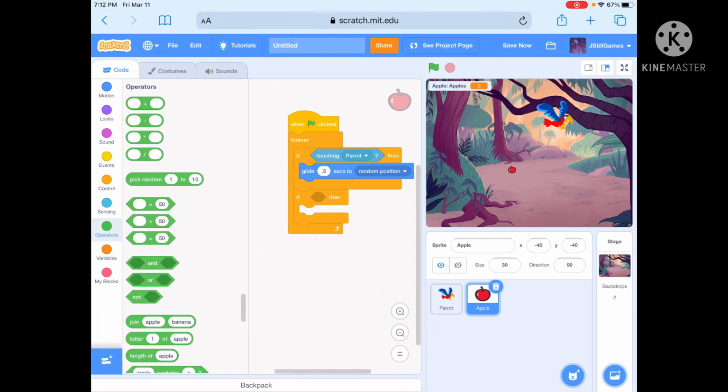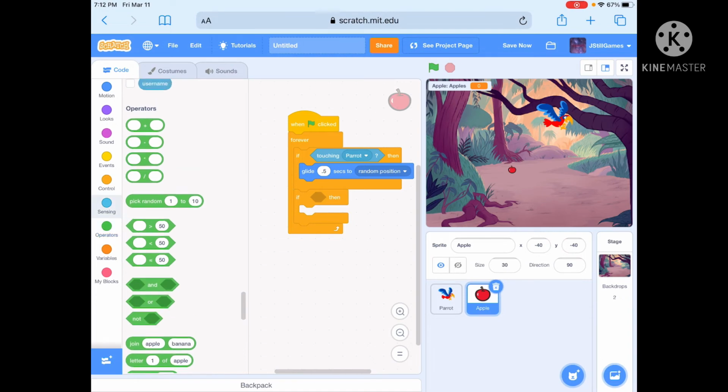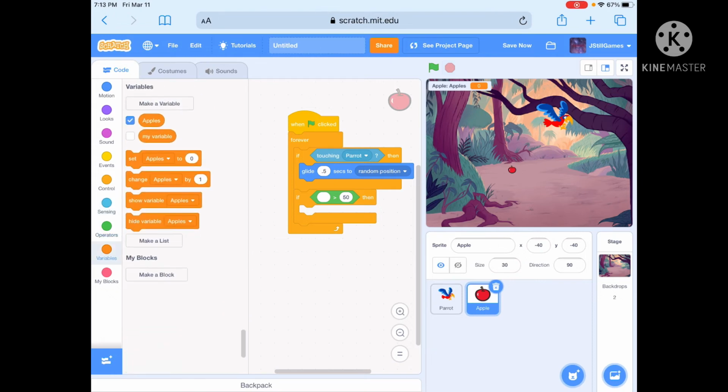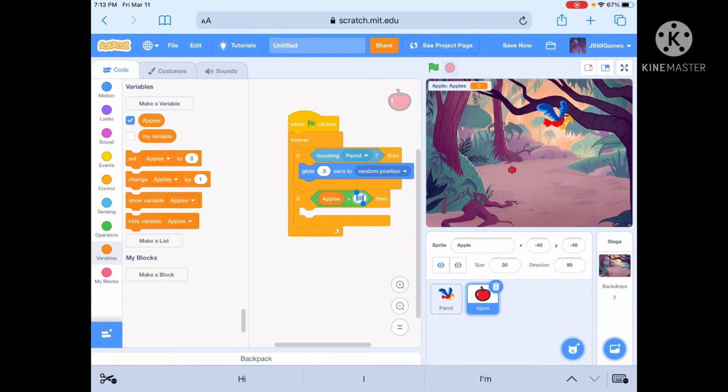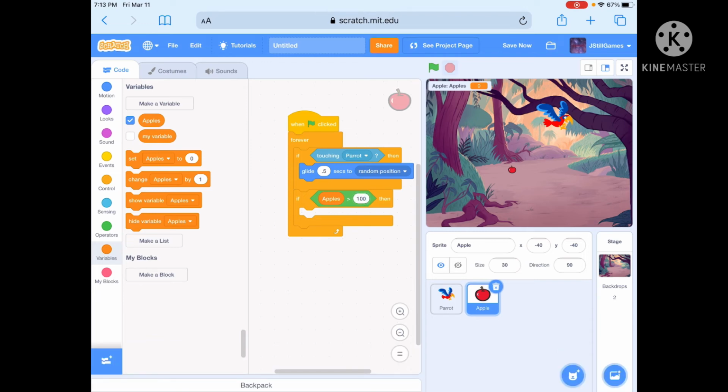So if something is, get this one where it says if something is bigger than this something, then what happens? So we're going to go to our variables, then go to apples. So if the score of the apples goes over, let's go with 100 for now, goes over 100,